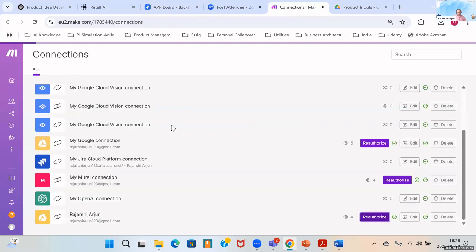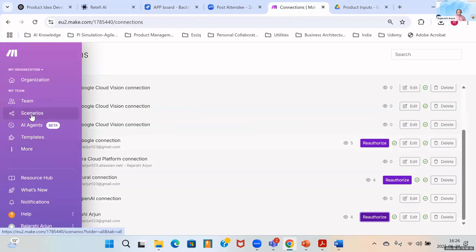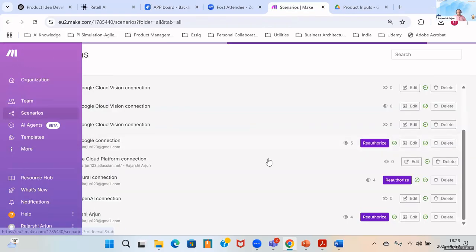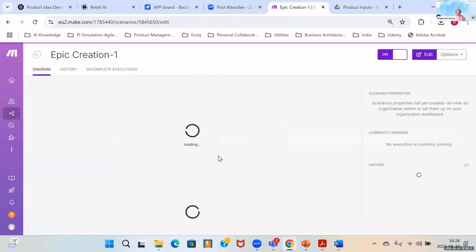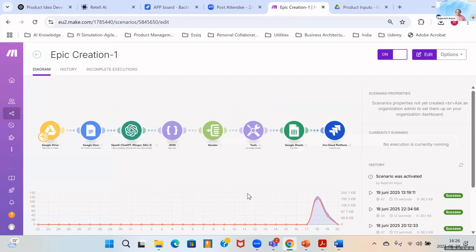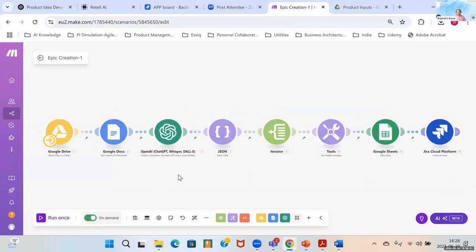So let's go there. This is my Make platform where I have the different scenarios that I have built. Let me just turn this on and show you what is going to happen. It's going to scan my Google folder, and then I have a ChatGPT module, which is going to read the document.